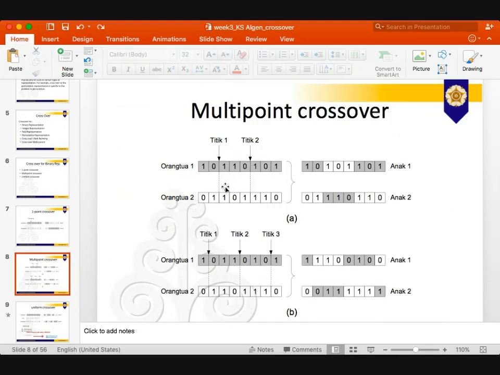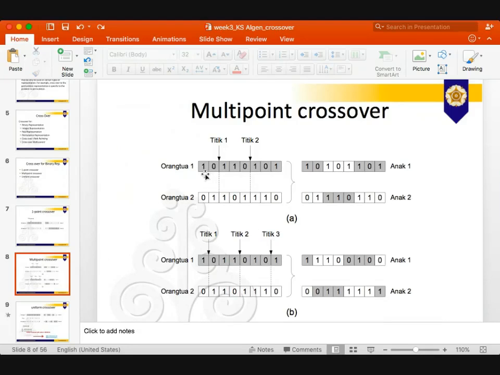So for example, here you can see we choose the first crossover point, which is 2, and then the second crossover point is 5. You can see 5 is more than 2. Okay, after that, the second step, we copy the gene of the first offspring,